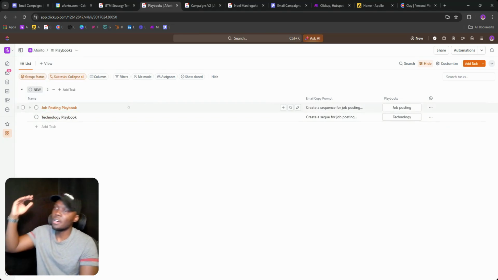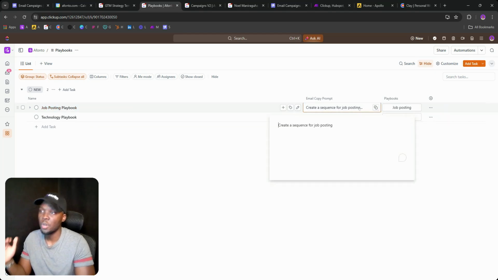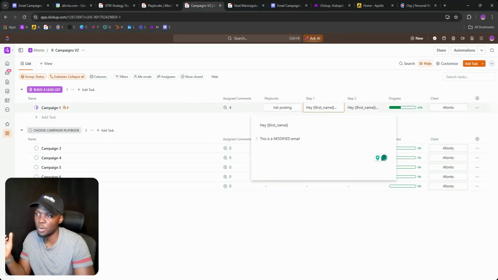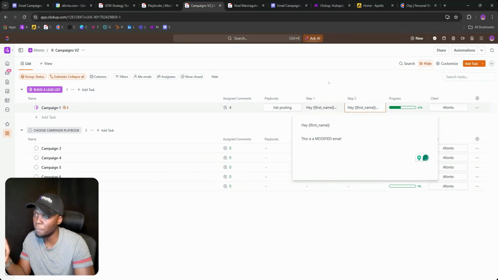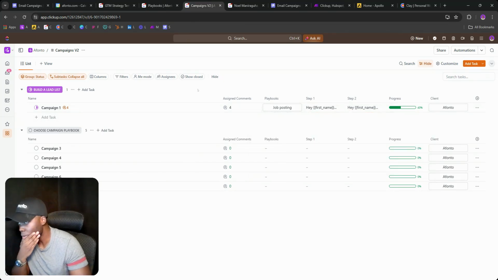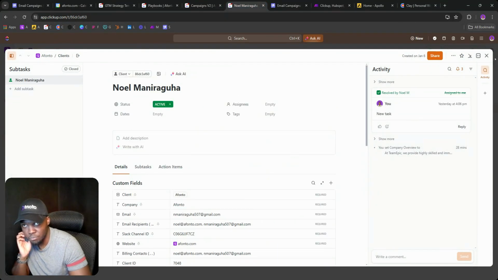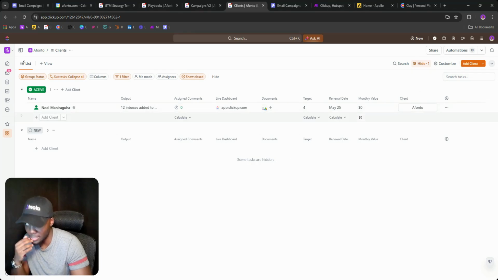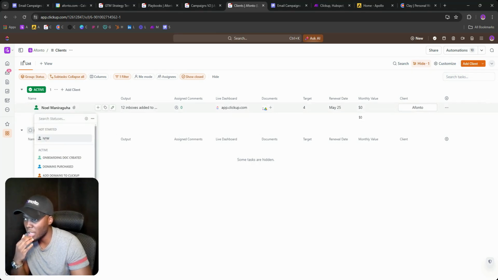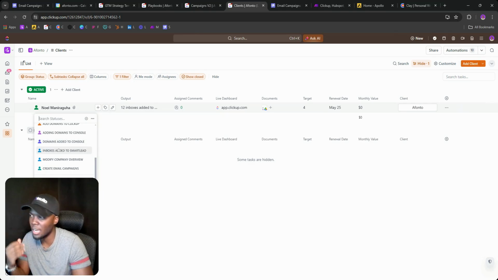And so I'm going to have a whole bunch of playbooks with an email copy prompt, right? So this is going to be prompts that help us generate the copy, which we're going to be using for step one, step two. And what else have I worked on? Oh, and also I've worked on my client onboarding process. And so whenever I onboard a new client, we've got to go through these steps, which are going to include